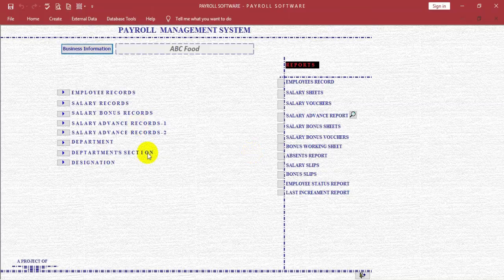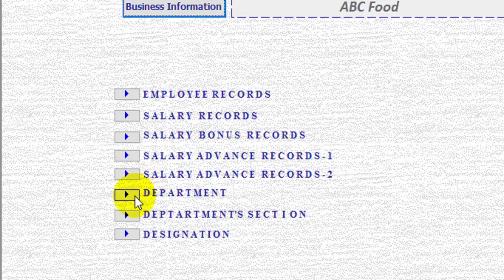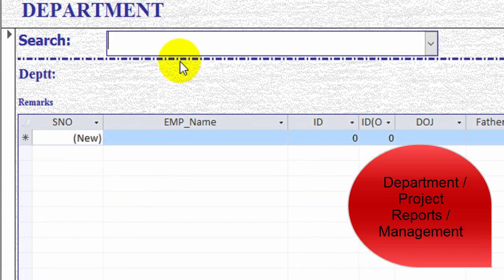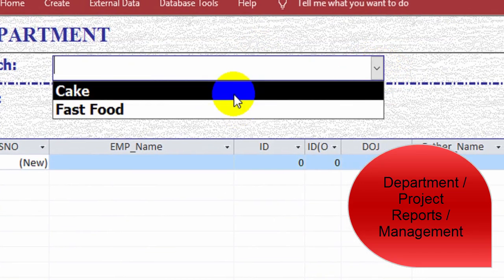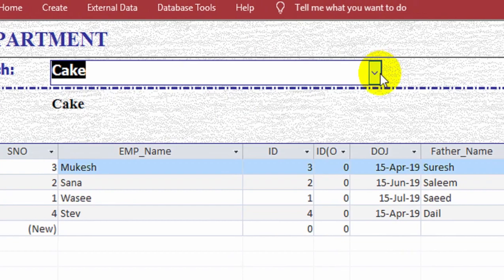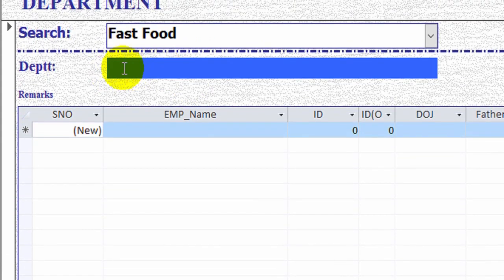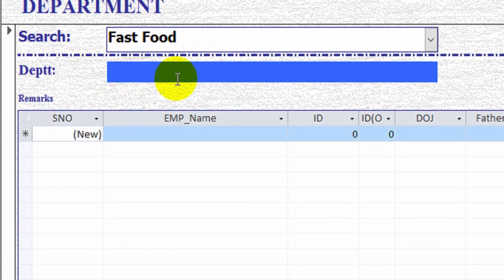Now we are going to first add a new department. Click on department. Here you can see the list of our old departments, all we have entered over here. Now click on new. You can write a new name over here.